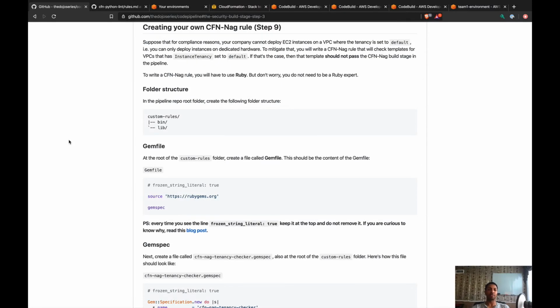Okay, so this is where the fun actually starts. So let's read this together. Suppose that for compliance reasons, your company cannot deploy an EC2 instance in a VPC where the tenancy is set to default. That is, you can only deploy instances on dedicated hardware. To mitigate that, you will write a CFN-Nag rule that will check templates for VPCs that have the instance tenancy property